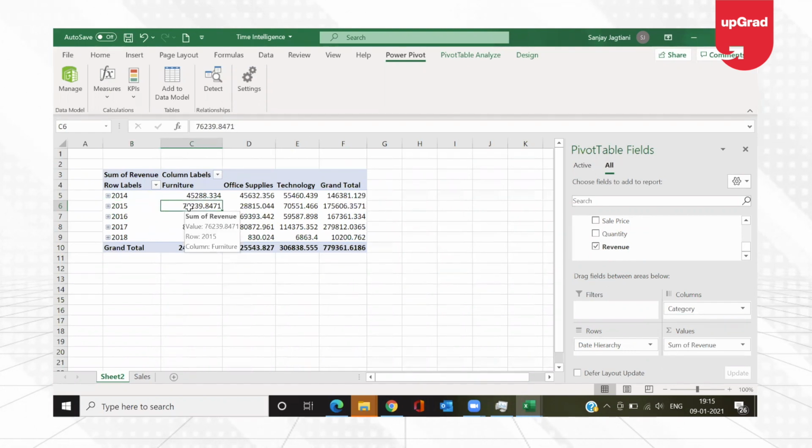Now you might think, why are we putting so much effort into just creating a group, which you can do through the simple pivot table grouping? But in Power Pivot, like I mentioned, when you want to do time intelligence, it becomes very, very difficult to perform time intelligence functions without the grouping of this data in the Power Pivot itself. One thing you will also understand is that when you're doing it in the Power Pivot, you are saving yourself from doing a lot of things. If you look at the Power Pivot, it's not that you have only done the grouping of the data, you have done more things.